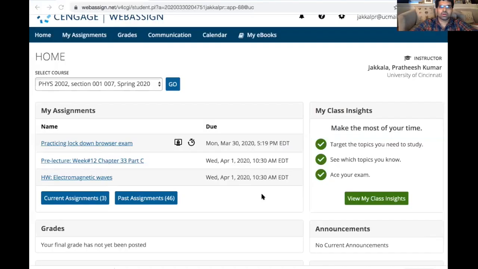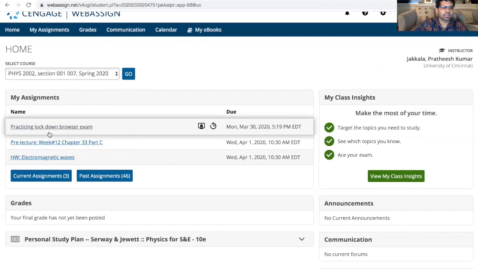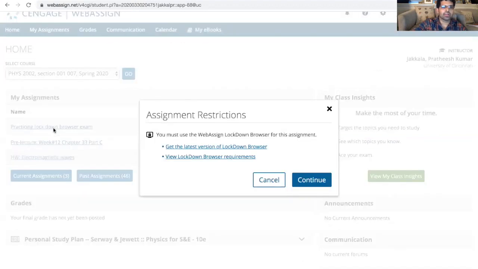So this is what you see on your WebAssign homework once you've logged into the Physics 2002. Right now, you can see the assignment names and the due dates. The practice Lockdown Browser exam, click on that. If you have not installed Lockdown Browser, this is what you would see: assignment restrictions,